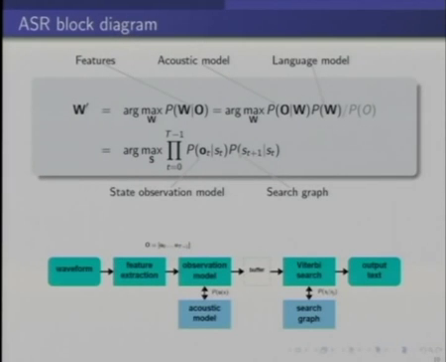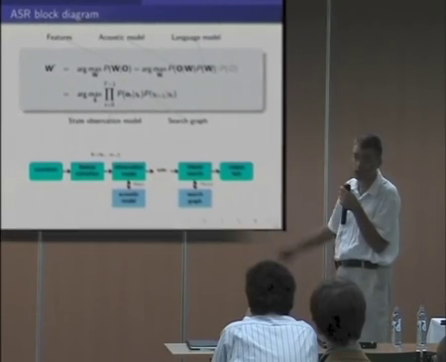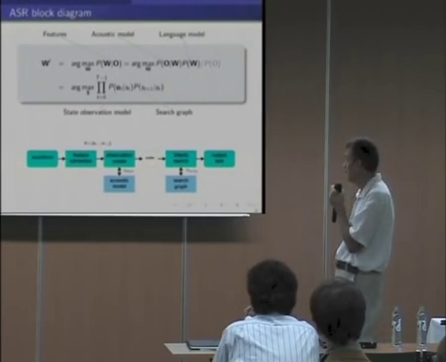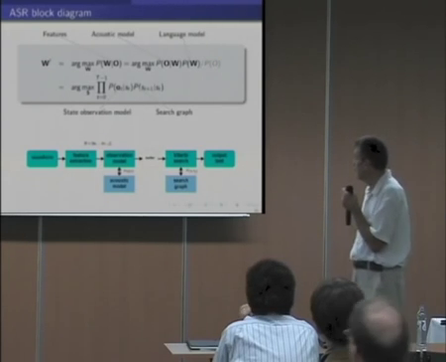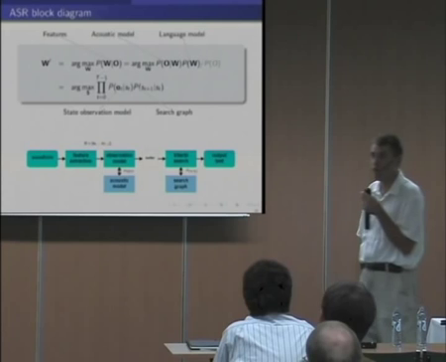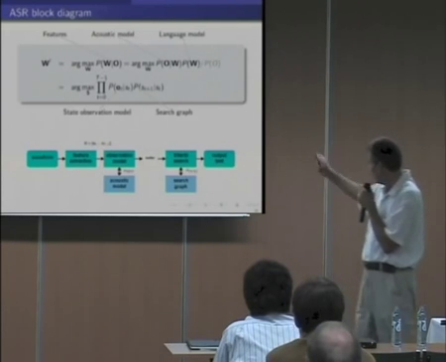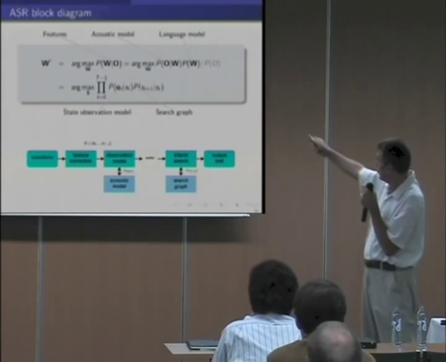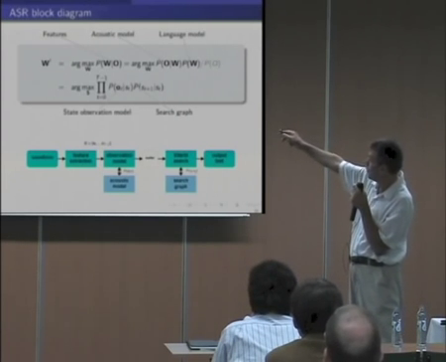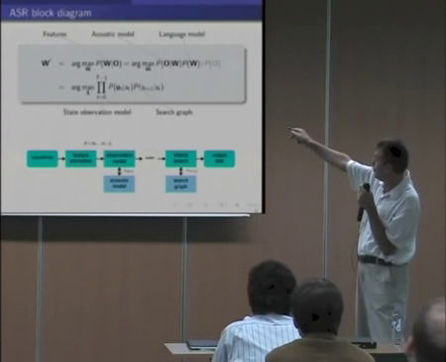So here is the famous formula, which you probably have seen before. I think on Tuesday morning in the first talk, that formula was shown again. So this is the math behind the recognizer. You are trying to find the best path which will maximize the probability of that word sequence given the observation, which is the series of feature vectors extracted by the front end. You can rewrite it by the Bayes rule. What I would just want to point out here is that the Bayes rule, if you are not looking for the argmax, the proper